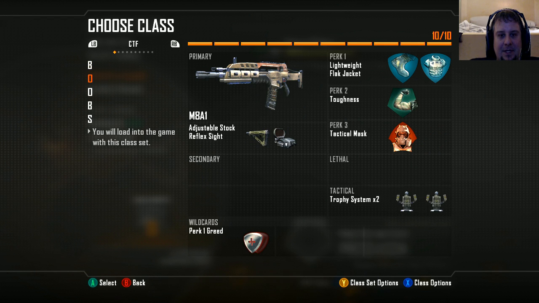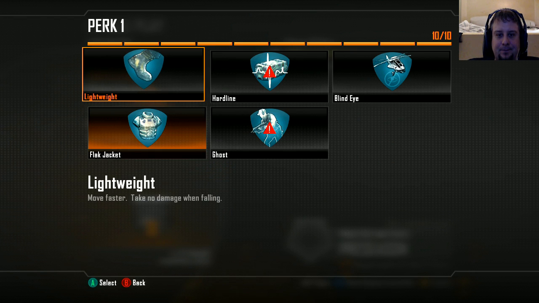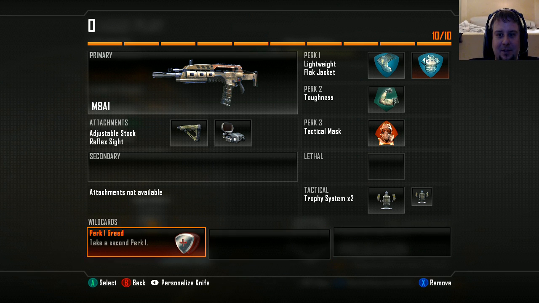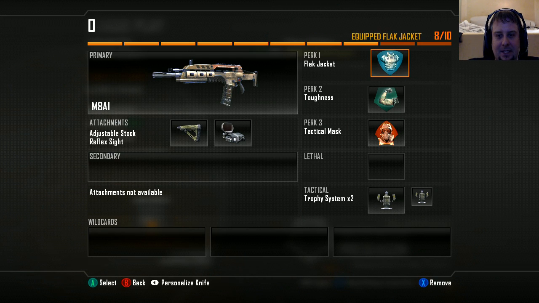And next class, this is more of a defensive class. I'm normally running flags in CTF, but if we get a lead or something and we're just trying to hold our flag down and defend it, I run an M8A1 and I got stock and reflex on it. I guess I don't really need lightweight. I could probably adjust that. Like, none of these classes are really set in stone. So I could probably go flak jacket here